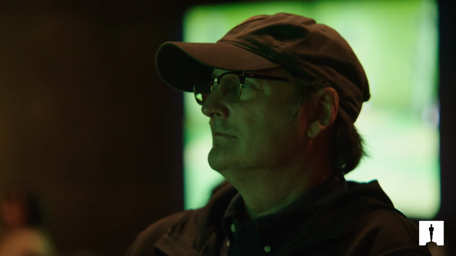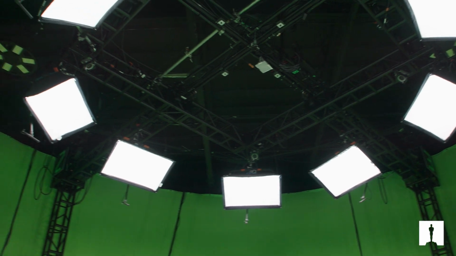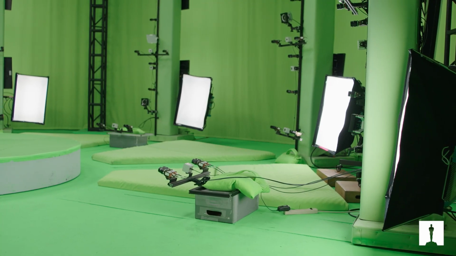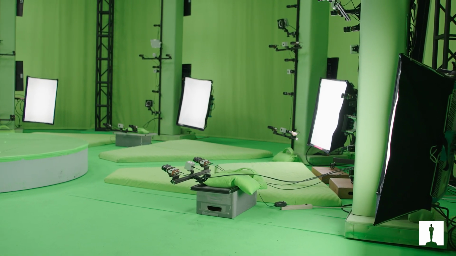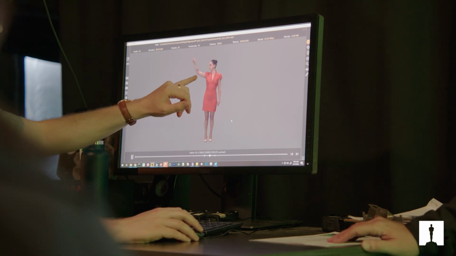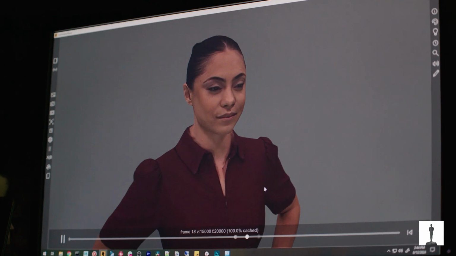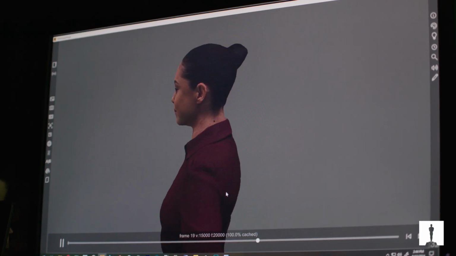And so we photographed her on what's called the holocap stage. And there's two types of cameras that photograph her. There's a normal red, green, and blue color camera, which is a normal camera. And then there's also an infrared camera. And the infrared camera, it's capturing her shape. And the RGB color camera is capturing the picture, or in this case, the texture maps that then get applied